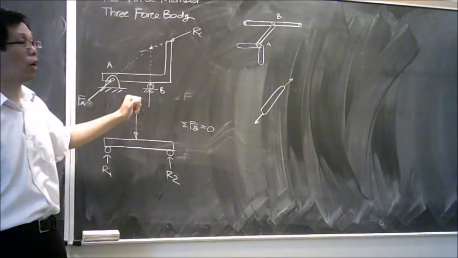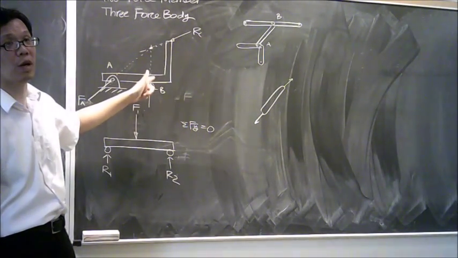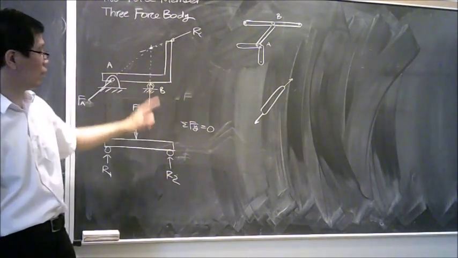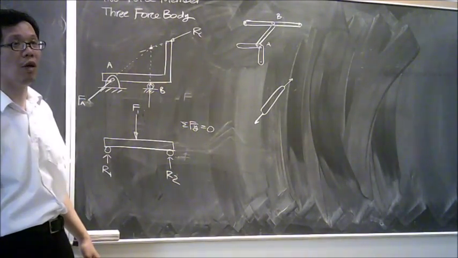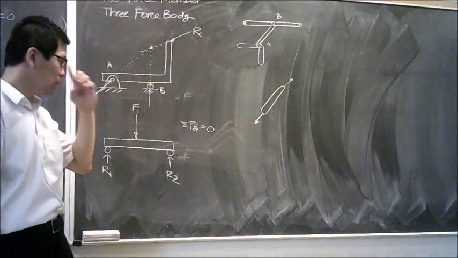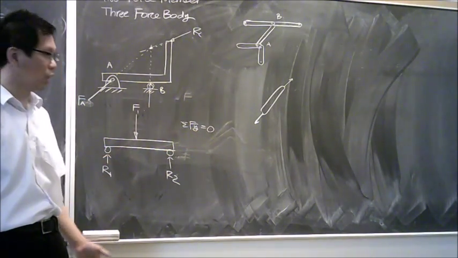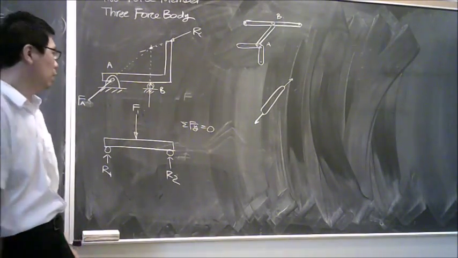This is the only exception you're going to encounter for a 3-force body. If the 3 forces in the component have both x and y components, then they must intersect at a single point. But if those forces only have horizontal or vertical components, then they're not going to intersect because they're going to be parallel with each other. The reason I say they still intersect is that if you draw the line,